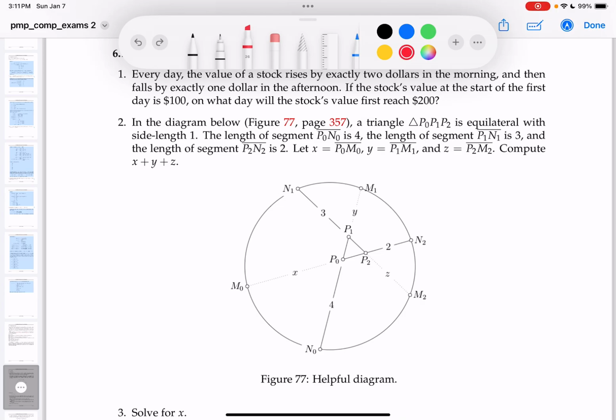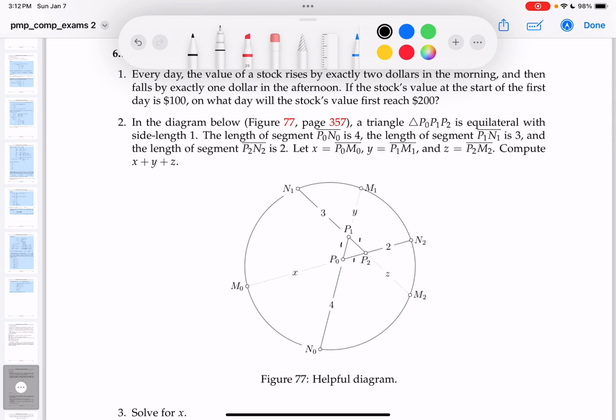Okay, for number 2, if you see the diagram, and I do see the diagram, what I notice is P0, P1, P2. I see a series of intersecting chords, but they go on to say that where these intersecting points occur, it forms an equilateral triangle of side length 1. So this is 1, that's 1, that's 1. All right? Now again, what they claim over here is that the length segments,